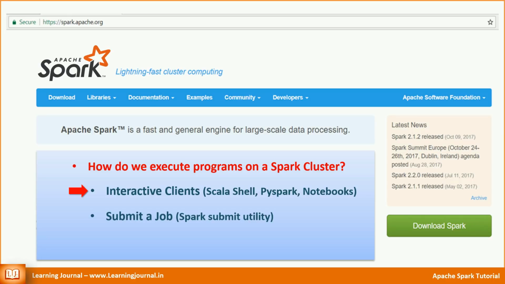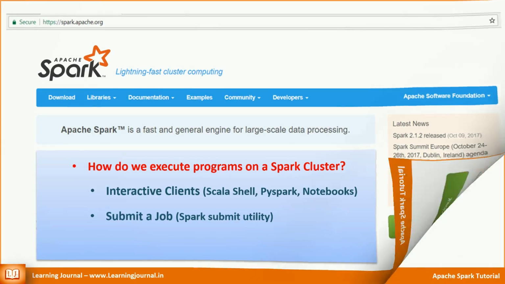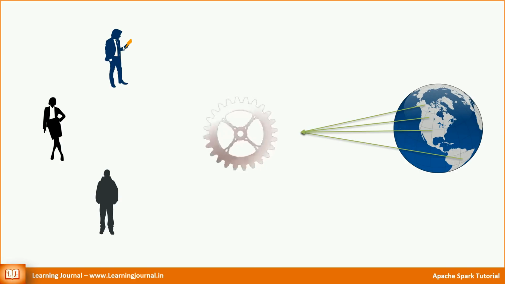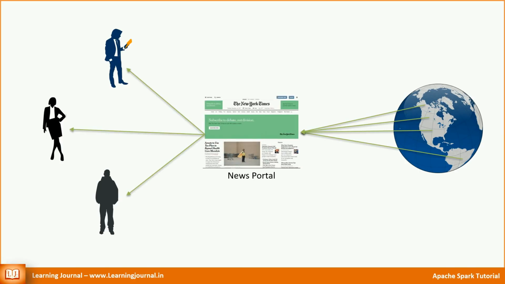Most of the people use interactive clients during the learning or development process. Interactive clients are best suitable for exploration purpose. But ultimately, all your exploration will end up into a full-fledged Spark application, isn't it? It may be a streaming application, for example, reading a news feed as it arrives, and applying a machine learning algorithm to figure out what type of users might be interested in this news.